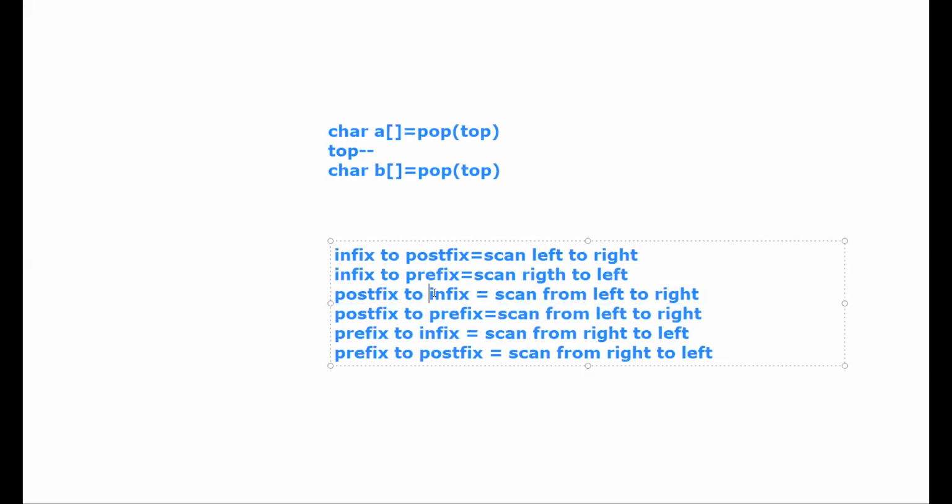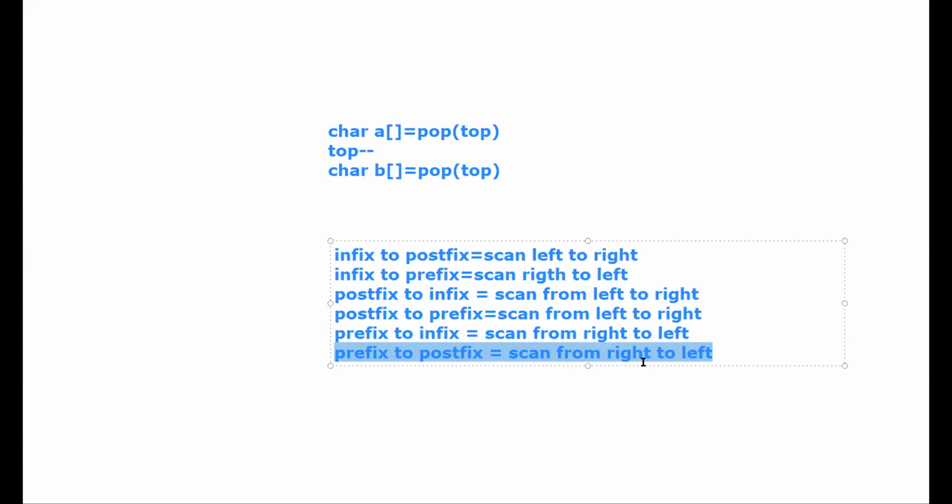Only if the destination is infix do you put left and right parenthesis. The right to left case is the same thing, placing the operator between the two items. And in this one, pop it and place the operator after the items. This is postfix.